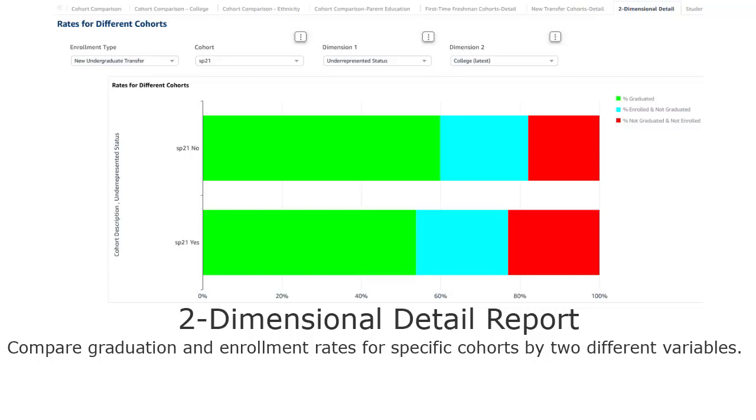The 2-dimensional detail allows you to view details about specific cohorts using 2 different variables, such as ethnicity and gender, or parent education and prior institution type. The first dimension or variable that you select will show in the chart, and both dimensions will show in the table. In this example, I'm looking at the Spring 2021 cohort of new transfer students again, this time by underrepresented status